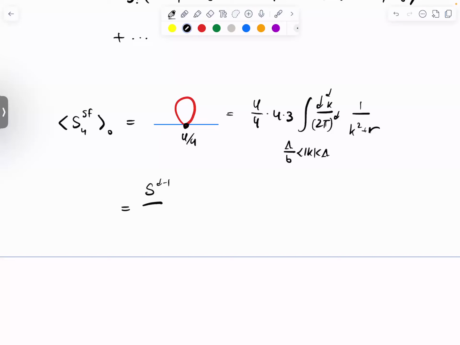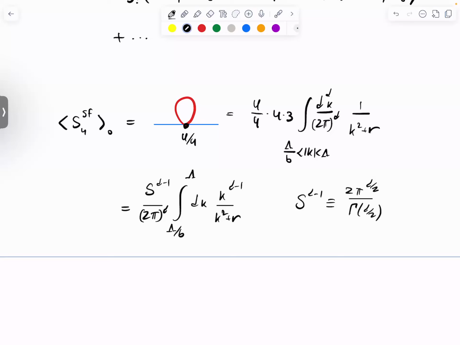I'll write in a moment what S_{d-1} is. And then this is divided by 2 pi to the d, an integral from lambda over b to lambda, dk, k to the d minus 1 divided by k squared plus r. Okay, and this S_{d-1} is 2 pi to the d over 2 divided by gamma of d over 2. Okay,